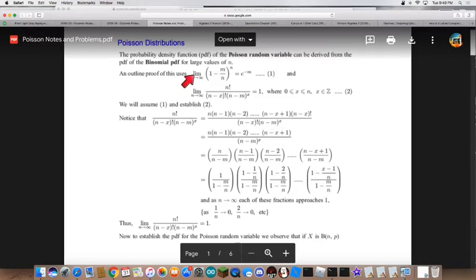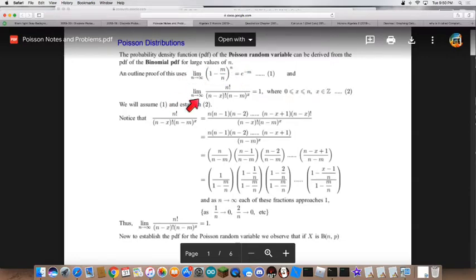The first is the limit as n approaches infinity of (1 minus m over n) to the n equals e to the negative m. If you remember the origins of the value of e to the x power, or just the e, the number e is (1 plus 1 over n) to the n as n goes to infinity. So you can see by adding the m, it changes the rate of change.